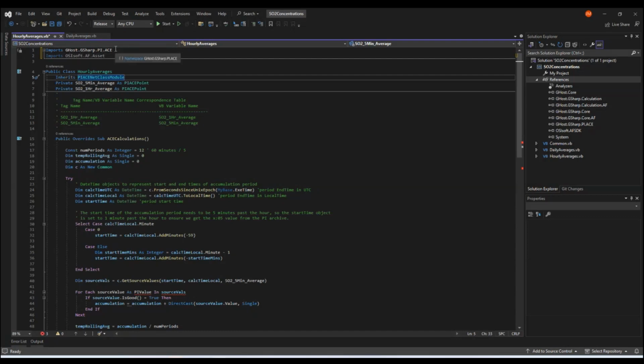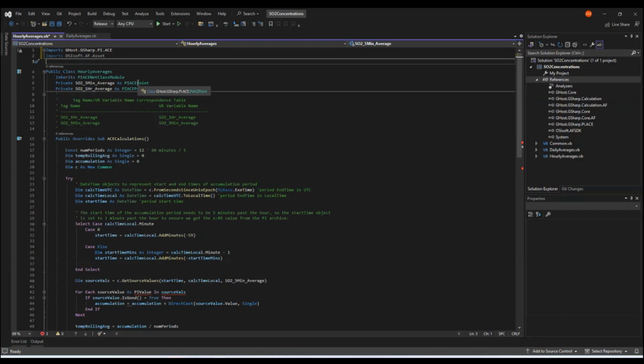ghost.gsharp.pyace import statement, you can see now that the PyAceNet class module has re-resolved. And if you can see that tooltip, you'll see that it's now referencing the gSharp assembly. Likewise, the PyAce point is also now referenced from our assembly.